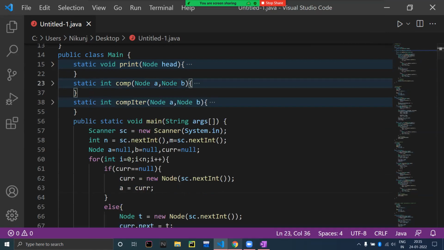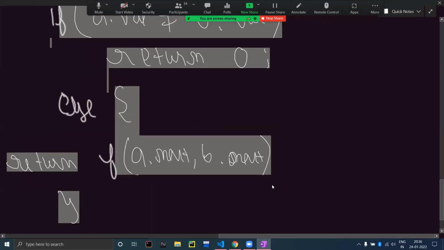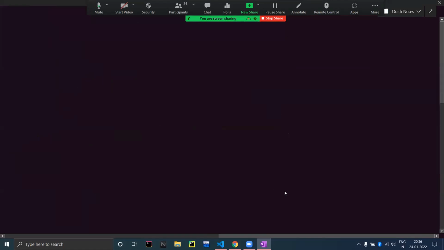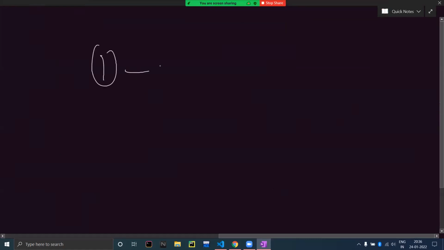All right, so let's look at the next problem. So this one, let's say print in reverse. For printing a linked list in reverse, what I am going to do is I am just going to reverse the given linked list, right? And then I can iterate through the reversed linked list and print it, and I'll get the reverse of the given linked list, right? So let's say this is what we are given, a linked list,